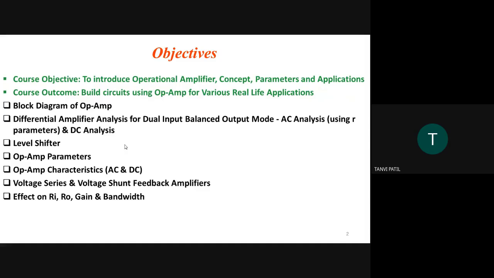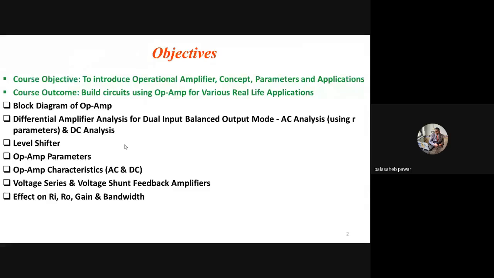So in front of you, the objectives of this unit are placed. The course objective is to introduce you to the operational amplifier, its concept, parameters, and various applications. Then the course outcome will be that you should be capable of building circuits using OPAMP for various real life applications. Right. Now the syllabus for this fourth unit is given as block diagram of OPAMP, then differential amplifier,